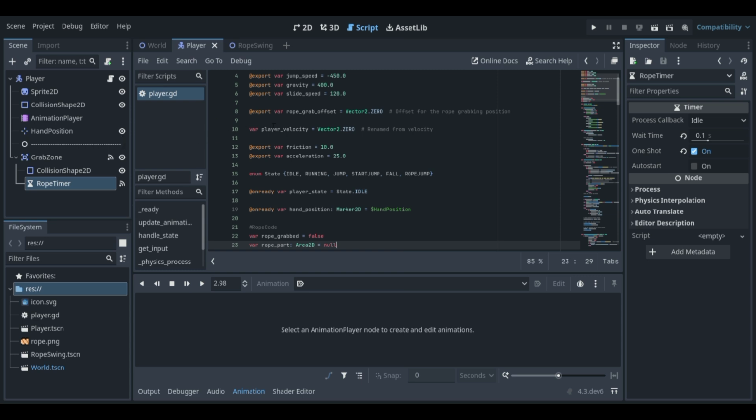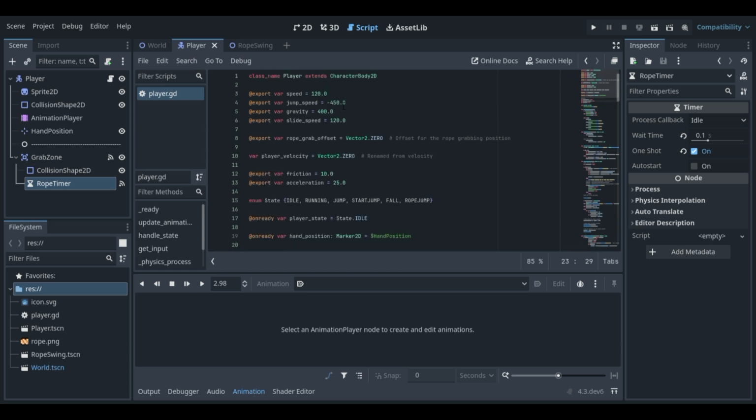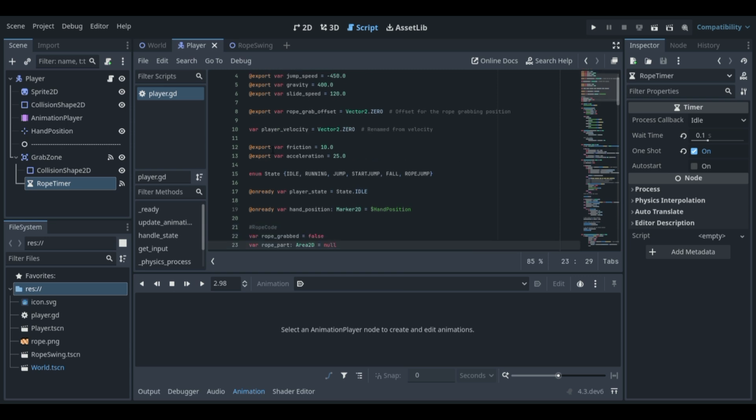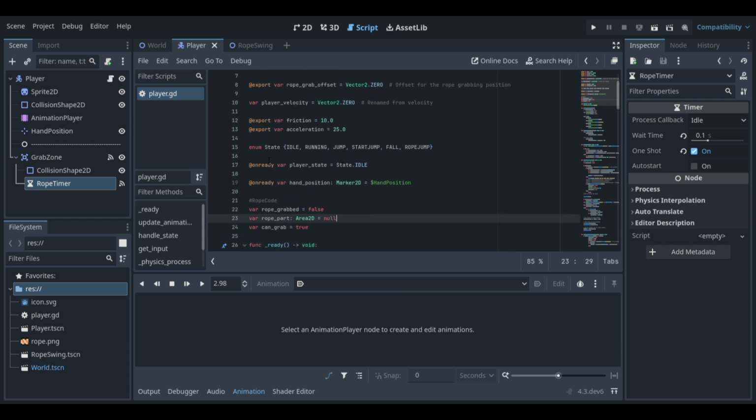In CharacterBody2D there's a built-in velocity, so we rename it as player velocity. Then we have an export variable for friction and one for acceleration. We have the enum State here for idle, running, jump start, jump, fall, and rope jump.